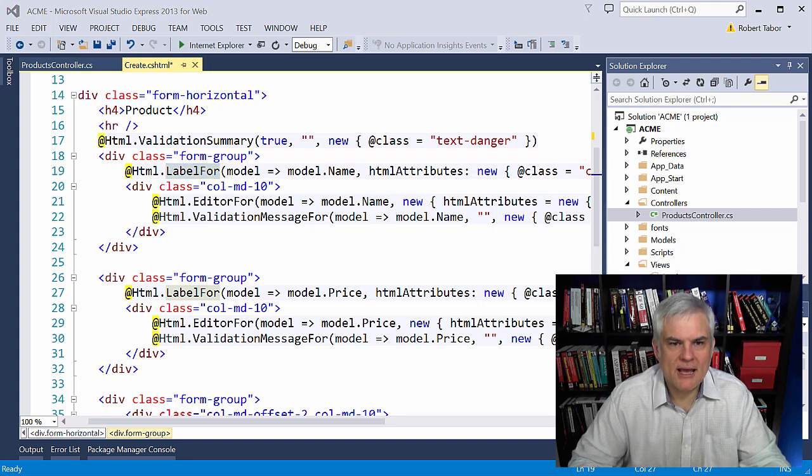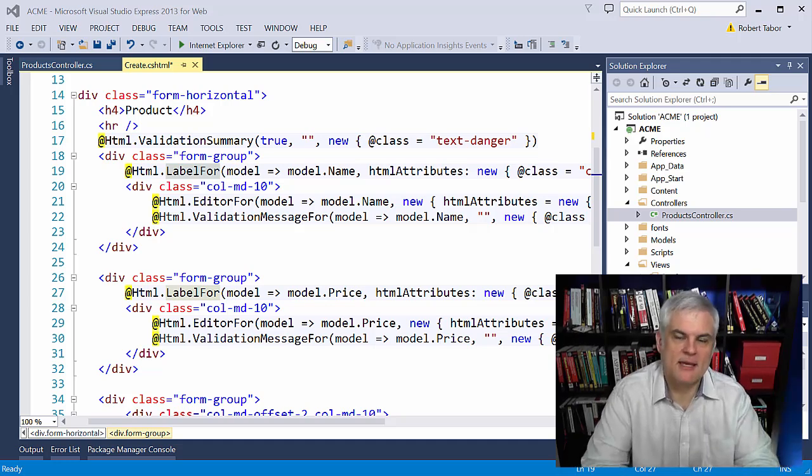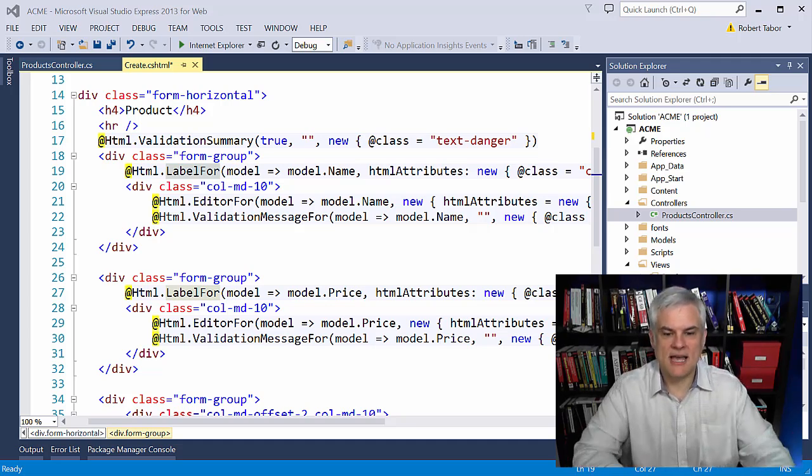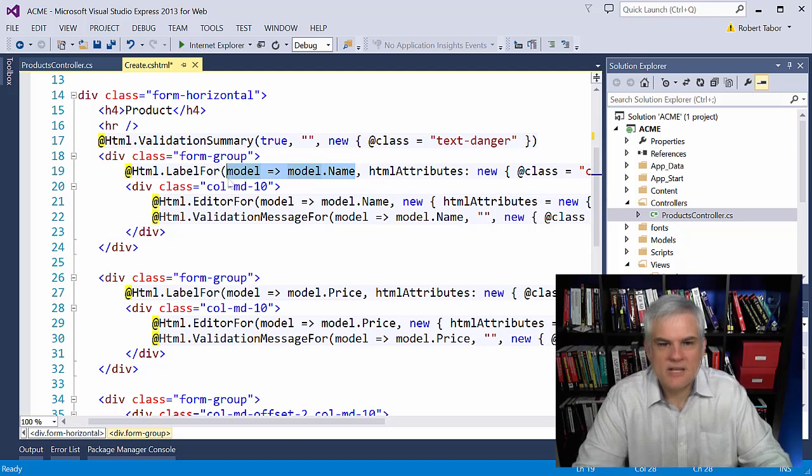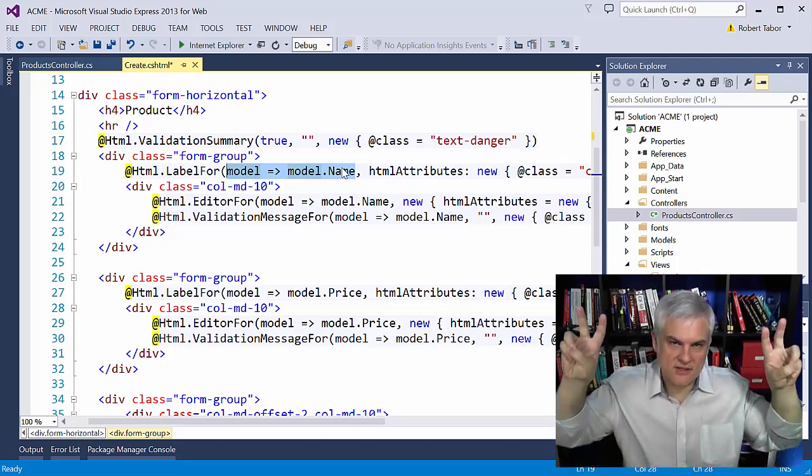And you might be wondering, how is this different from HTML.DisplayNameFor, which was used back in the index.cshtml? The basic difference is the markup that happens around the actual value. In this case, the value will be product name, I think, because we added that data attribute. DisplayNameFor doesn't add any markup, and obviously LabelFor will add additional markup around the term